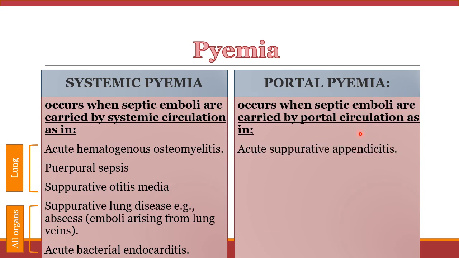liver. Like acute suppurative appendicitis, inflammation of the appendix. Like infected piles. Piles or hemorrhoids is a condition of having dilated veins in the lower rectum, or around the anus. So this is very common. Infected piles sometimes will lead to a spread of infection through the portal circulation and spread of pyemic abscess